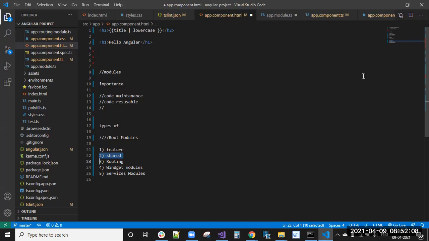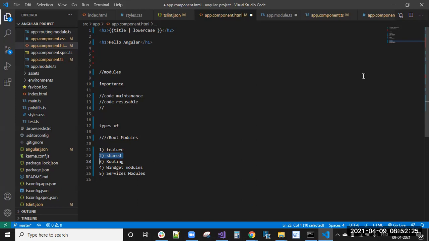You can create one shared module, give all the module references inside the shared module, and import that shared module into the app module. Then the app module doesn't have a direct dependency on all the module information.